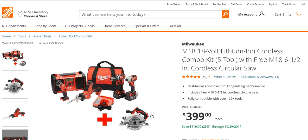I don't like the brushless version too much. I shouldn't say that. I like it, and I did really like it until I've used a couple of these others. I used the M18 Fuel circular saw from Milwaukee, and it just destroys that Ridgid. But not important. I think the $499 price tag of that combo kit gets me when you think